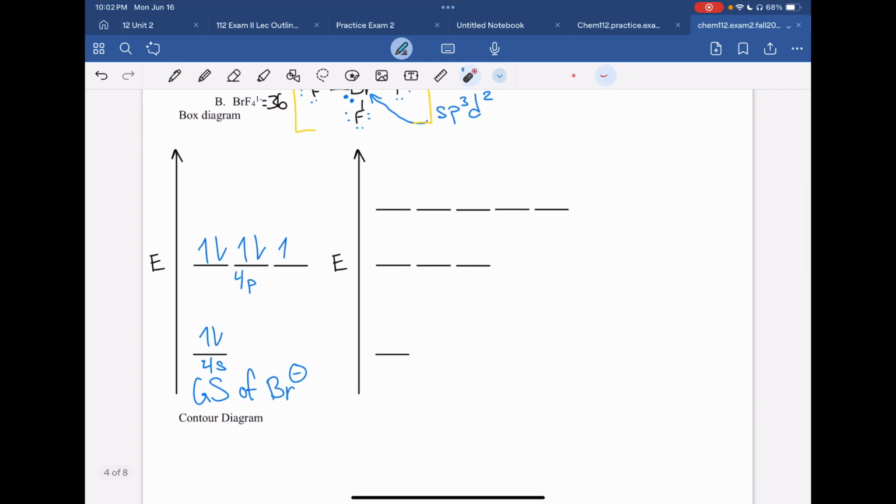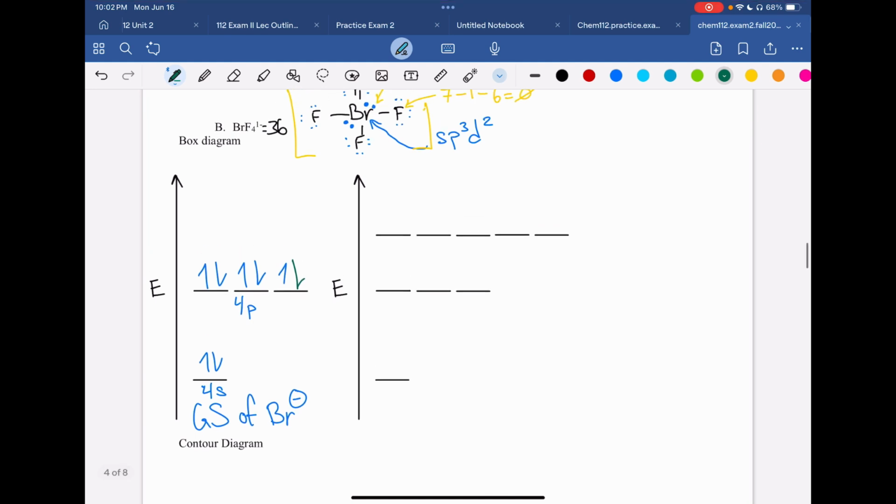So, right, this is the valence of regular bromine. But this bromine gained an electron, so you just simply add one to it. Okay. Now,